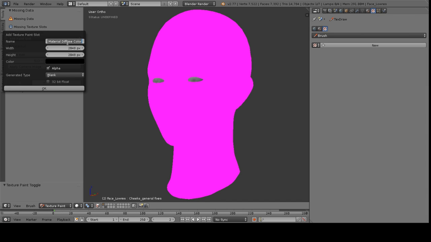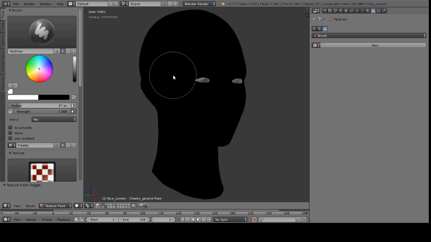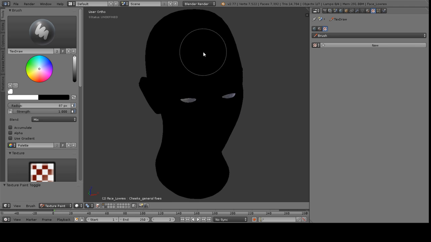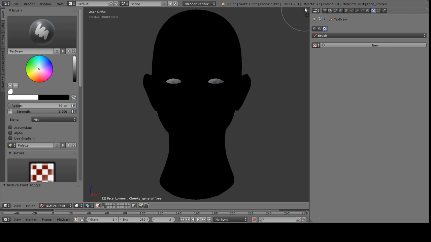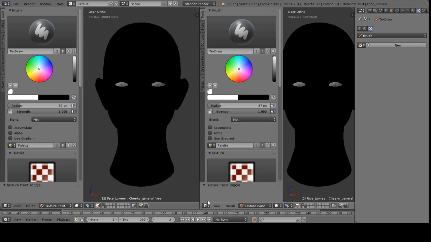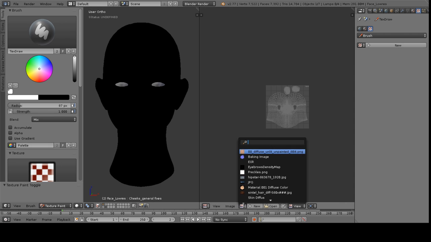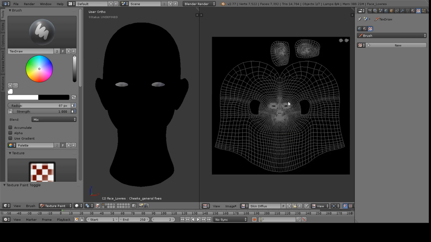Okay, and we'll call this one skin diffuse. Okay, so now it turned black. It's got a brand new texture right inside that slot, and if you want to find the actual texture image, you can go to your UV image editor and just find it over here. We named it Skin Diffuse. It's this one over here. So you can see it's perfectly black,